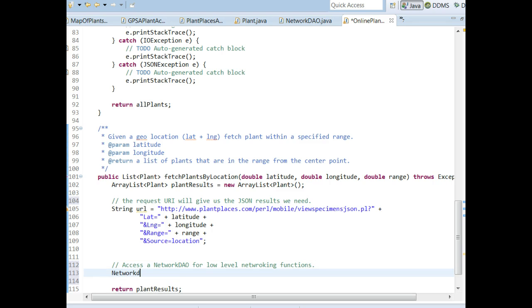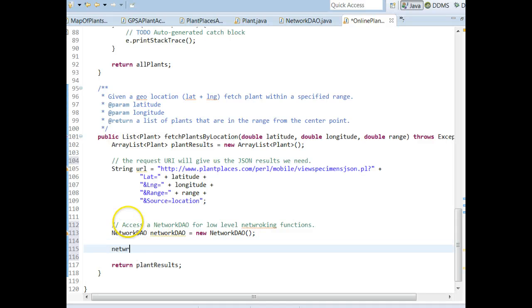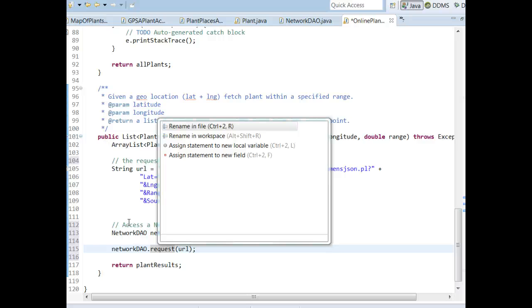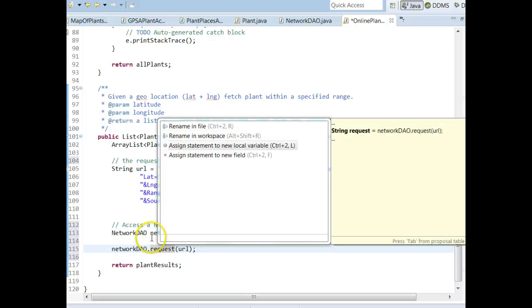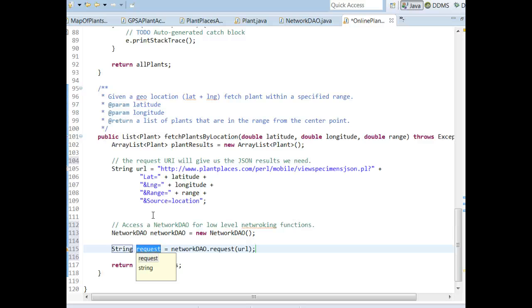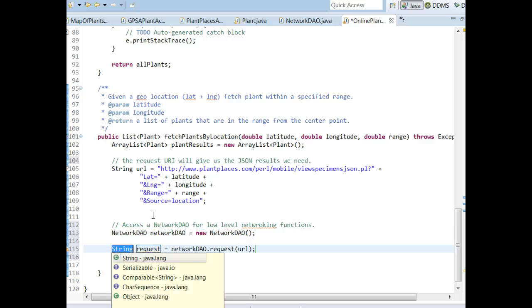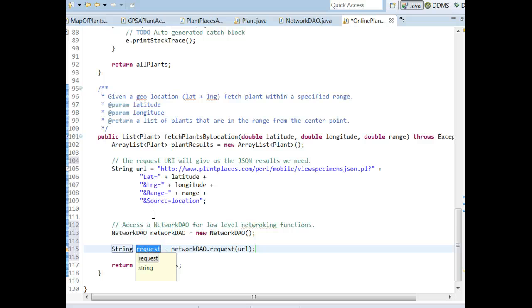Network DAO, network DAO equals new network DAO. Then we say network DAO dot request, and we pass in that string URL from up above. If I mouse over the request method and press Control 1, assign statement to new local variable, that takes this request. Let's say string, we'll say JSON,